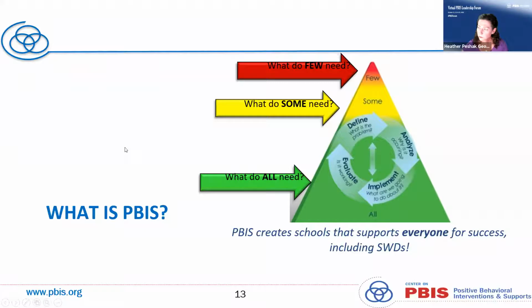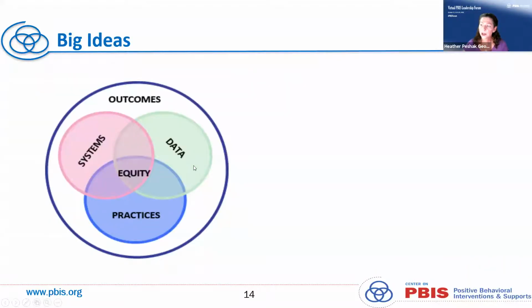So let's talk quickly about that. Some of these big ideas: we want to think about what our outcomes are and what we'd like them to be. So obviously, most of us want safe schools. We want kids to be learning as much as possible, to their fullest potential. We want teachers to be enjoying their jobs and feeling like they're seeing that student success so that they continue to be reinforced in what they're doing.